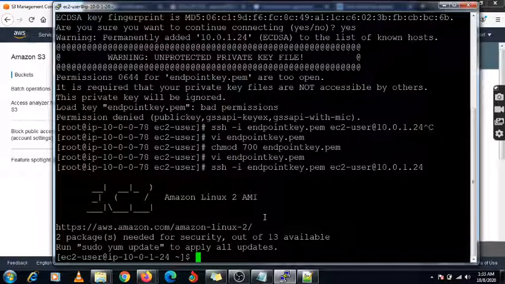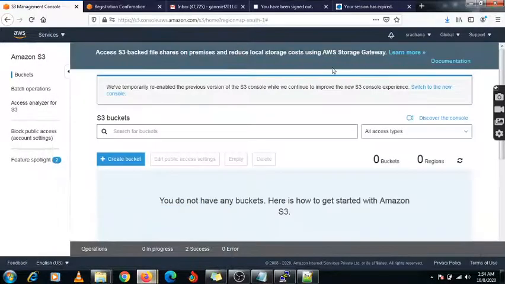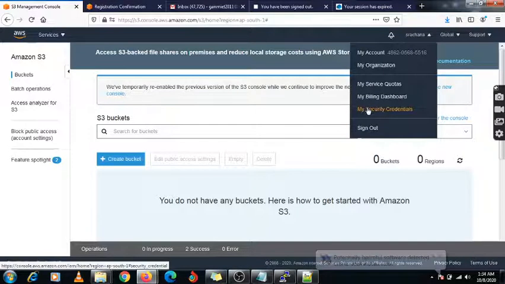So now I am going to use the aws configure command, and here it is asking for the AWS access key ID. You will get this ID from your account. Here is the option, security credentials.